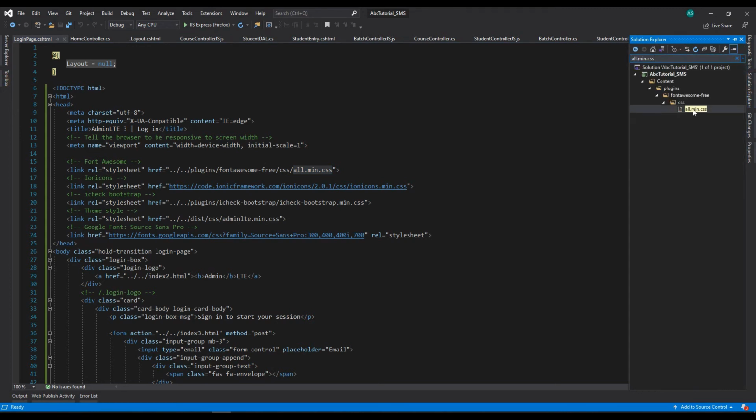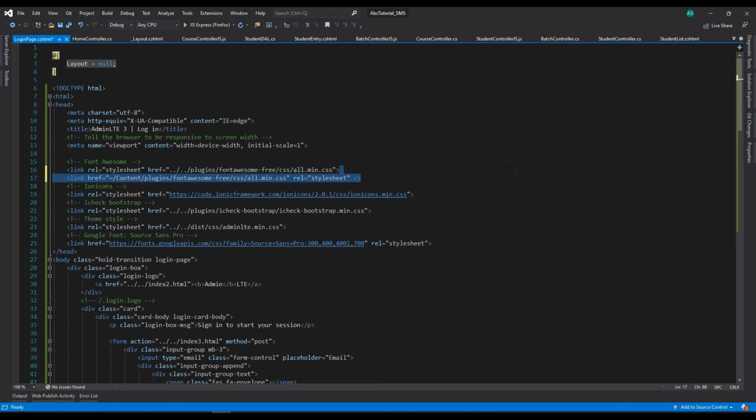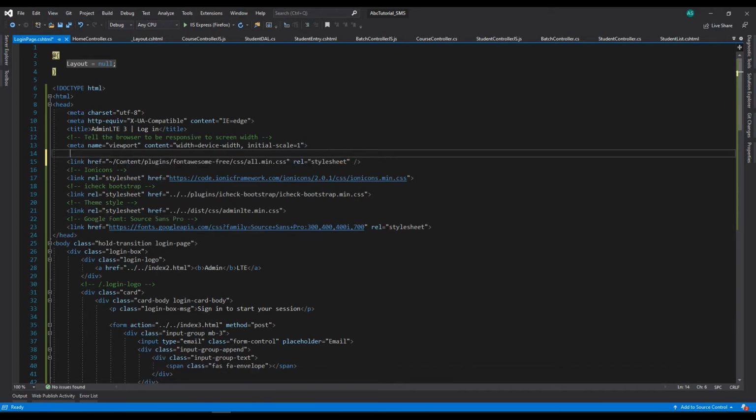We need to see this location. Okay, just remove this line from here. Just copy this path, paste it here,